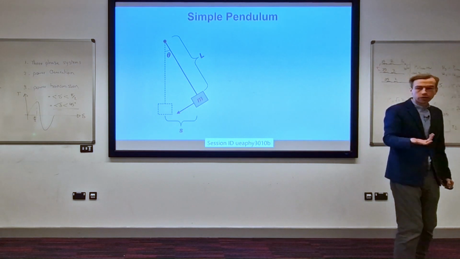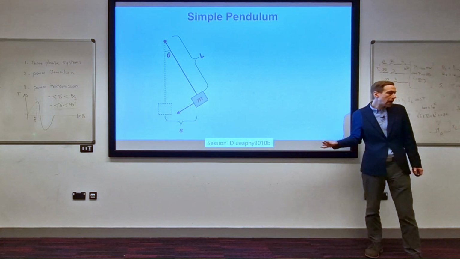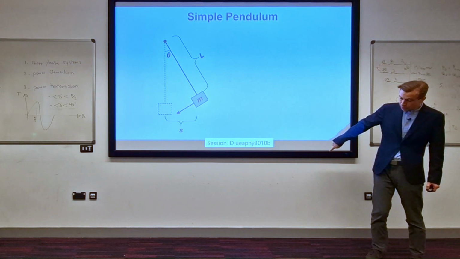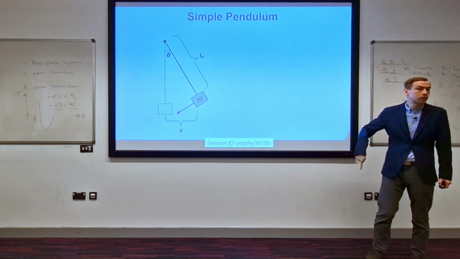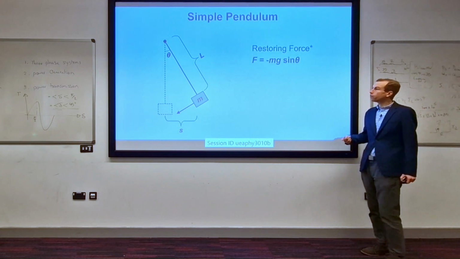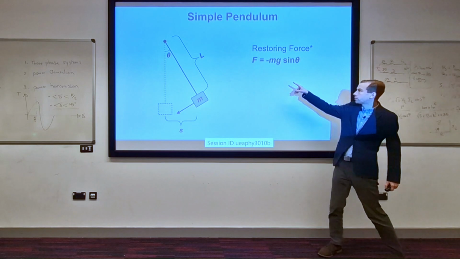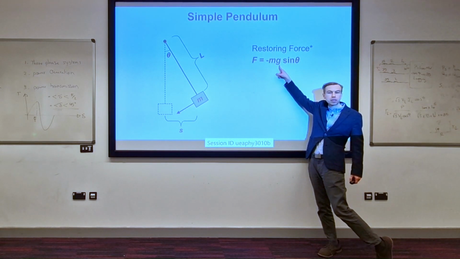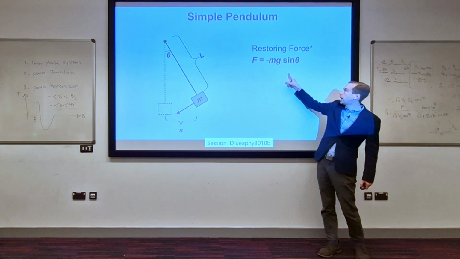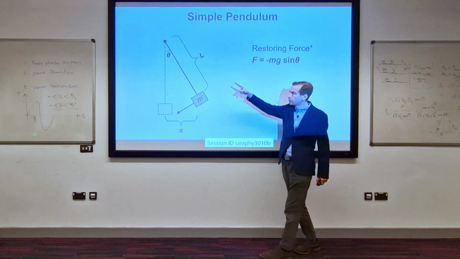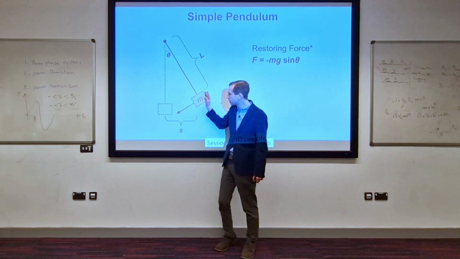Now, we know it's the force of gravity, so it's going to depend on the mass and the acceleration due to gravity. But it's also going to depend on how far we've displaced our mass. So what we actually get for the restoring force is that the force is equal to just that regular force of gravity, so mass times the acceleration due to gravity. And then we get this sine theta here, so the sine of this angle here,